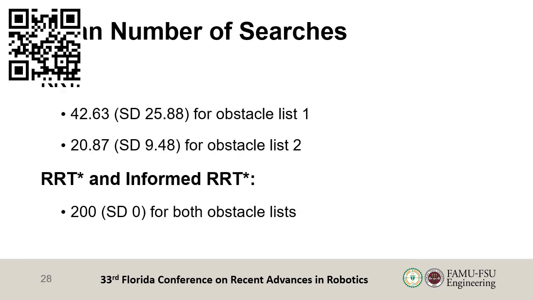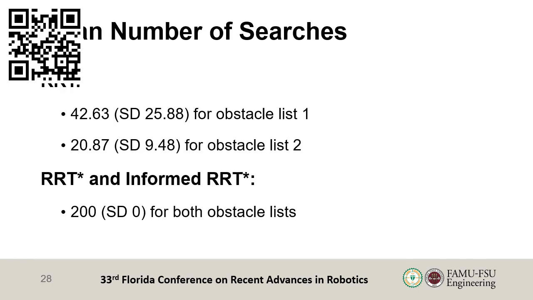For the RRT algorithm, the mean number of searches was 42.63 with a standard deviation of 25.88. For obstacle set 2, the mean number of searches was 20.87 with a standard deviation of 9.48. The mean number of searches is higher for obstacle list 1 because a larger portion of the search area is